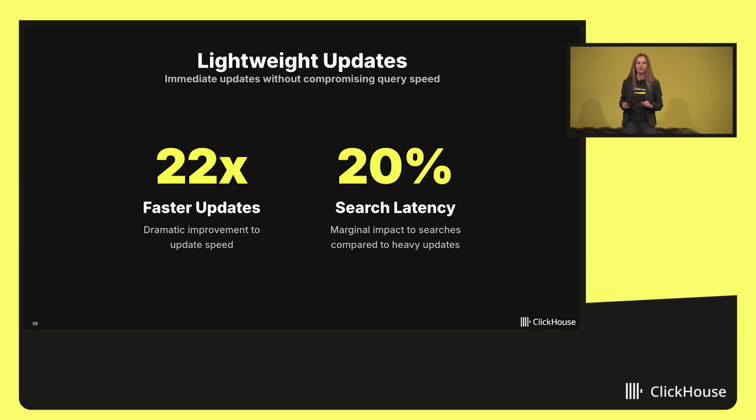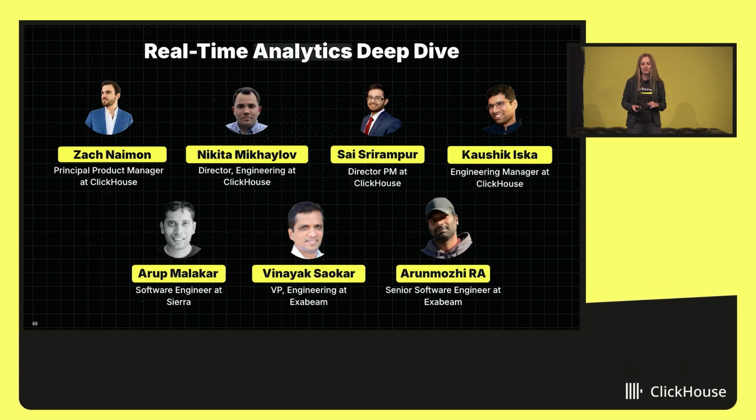Obviously, we can't bend the laws of physics completely, although Alexey tries every day, I can guarantee you. But the search latency is amazing with this, and of course, in the background, we will be optimizing this data in a much more optimized way overall compared to the more traditional OLAP update process. So very excited about this. Do join the real-time analytical deep dive, which is going to happen right after this keynote.